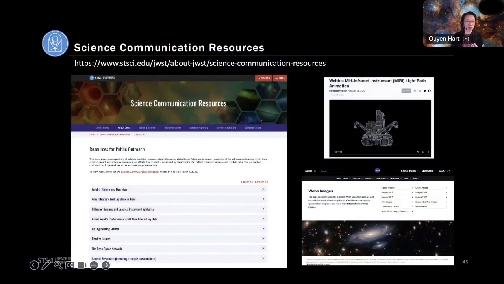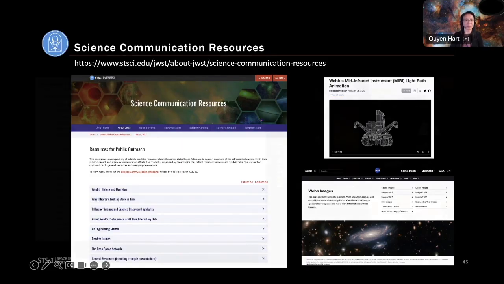Now, the science communication resources: the STScI Webb Mission Office put together a collation of resources here, and the URL is listed on the page as well. And you can see the different categories here. For example, if you're at, say, an astronomy club, they're very interested in the details, and they might want to know, what is the light path through Webb? Here's where you can find an animation from ESA on that light path. Say I want to find the highest resolution images because I happen to want to blow one up so it actually fits in my living room. You can go to nasa.gov/webb and find those highest resolution images and download them.